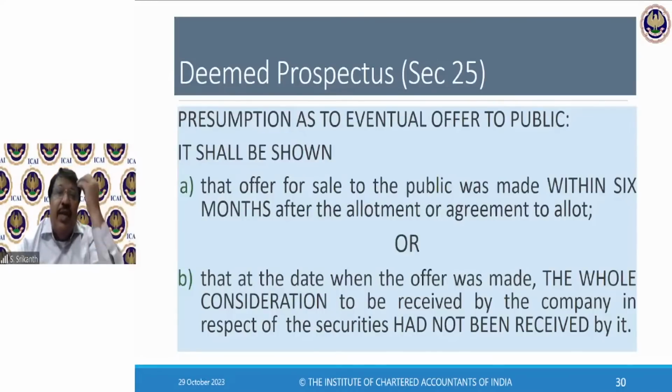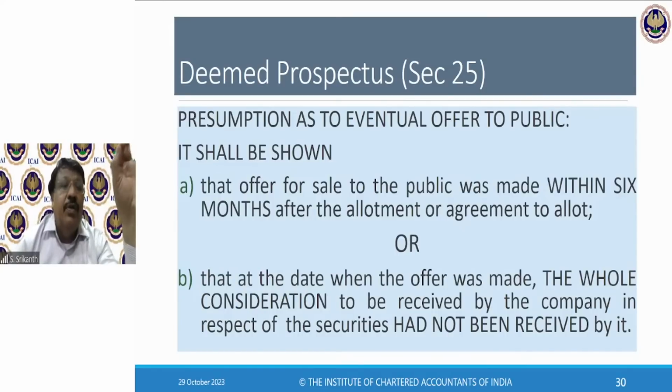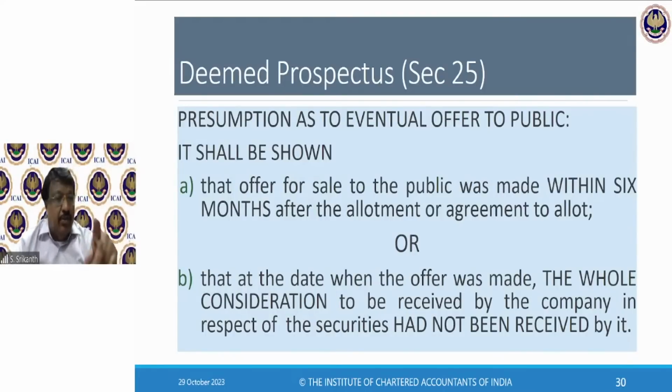So how will I know the intention? There they say there is a presumption about it. If it is shown or clearly established that, two things, please understand, two conditions are prescribed. The word used here is "or". Whenever the word used is "or", even if one condition is satisfied, you are caught. If the word used were "and", then both have to be complied with.